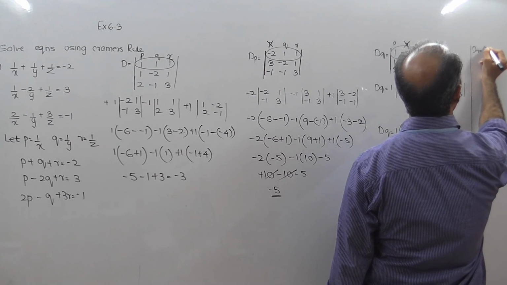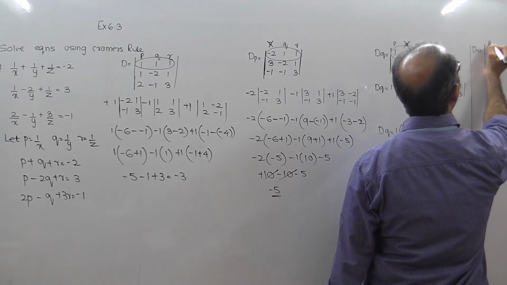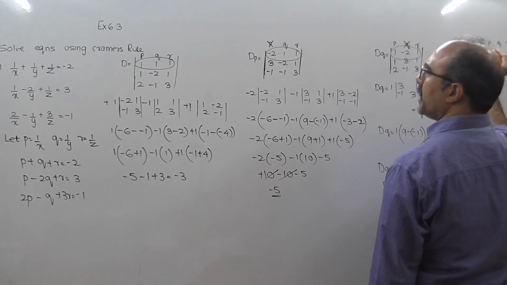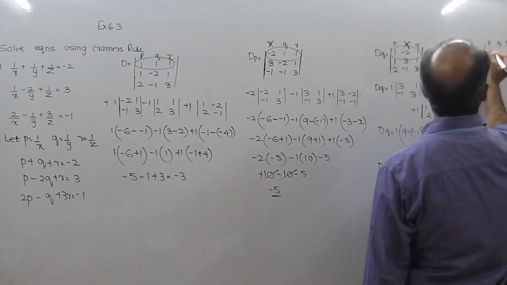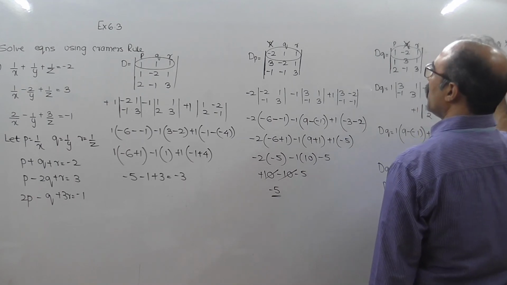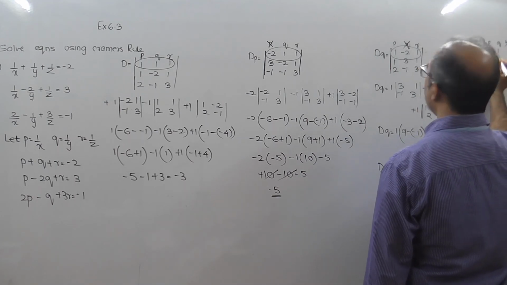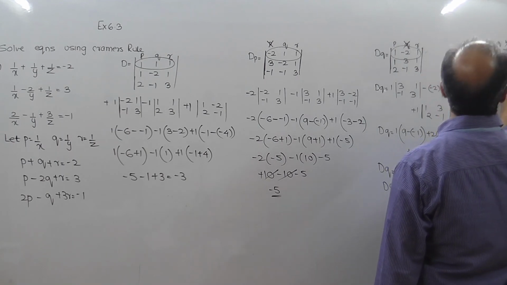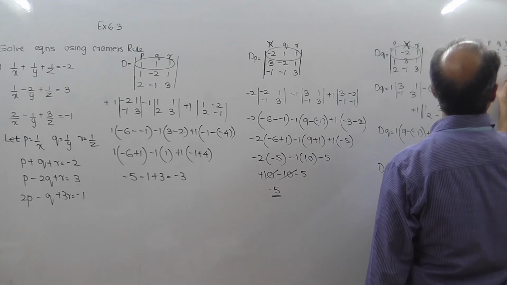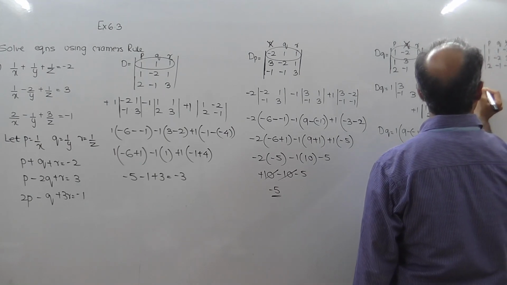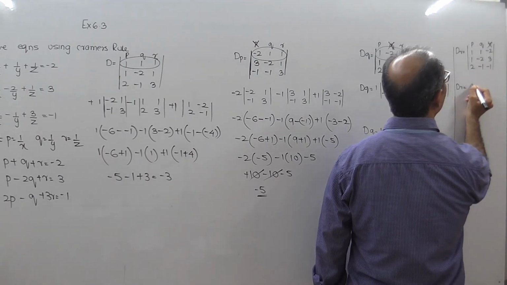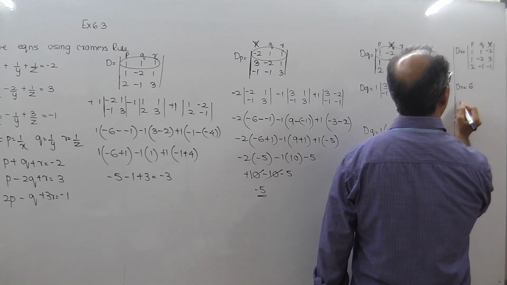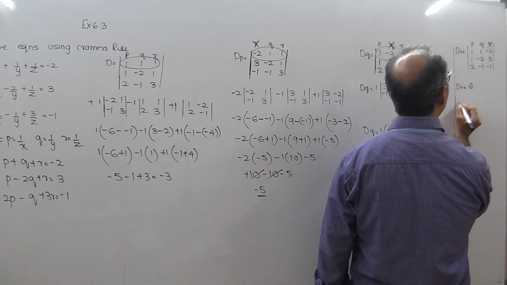Let's start with dr. dr means you should have p, q and r. r will not come, p will be 1, 1, 2, q will be 1, minus 2, minus 1 and r will be minus 2, 3 and minus 1. If you solve this, you do it as homework, the value of dr will be equal to 6. Okay. Now let's find the value of p, q and r.